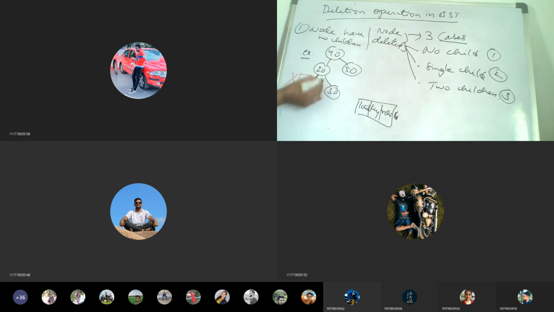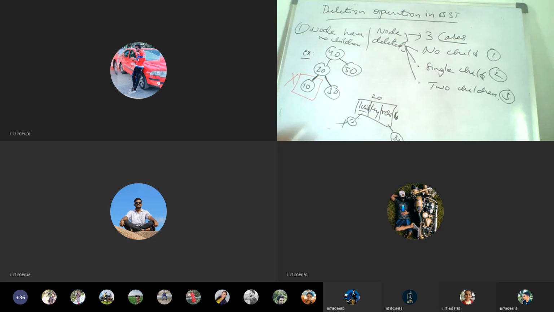This connection that we are able to see, this representation is for our understanding. These are the pointers, links. So the key 20 is linked to the left child 10 using a pointer, and the right child is linked to the key value 30.